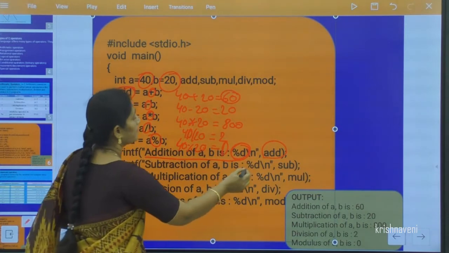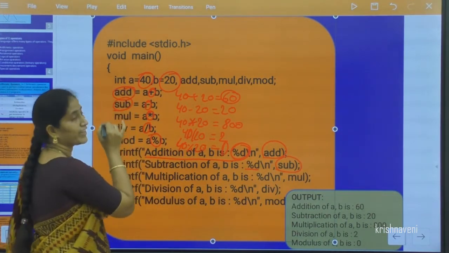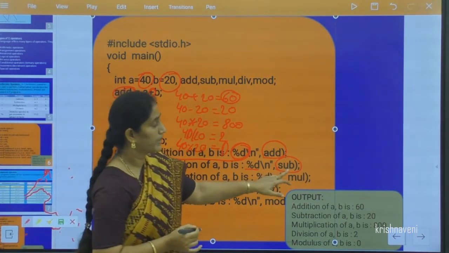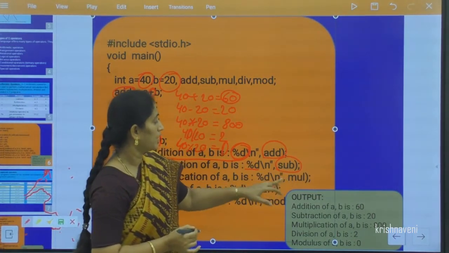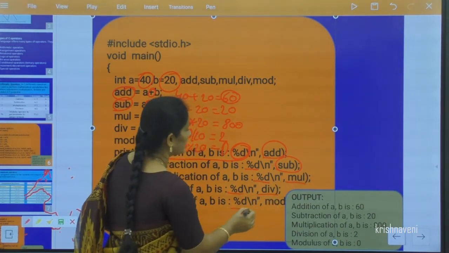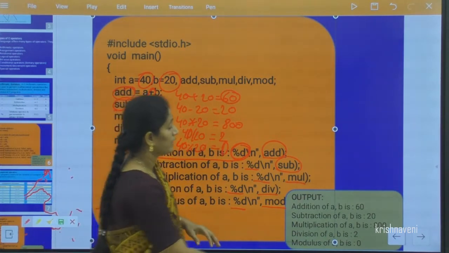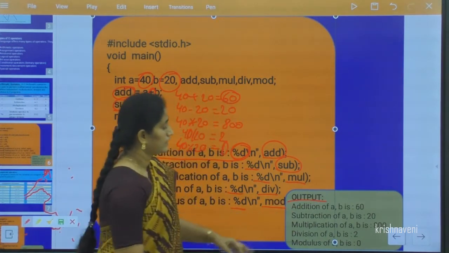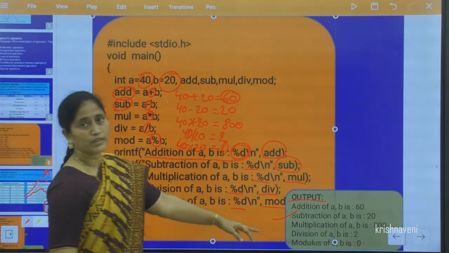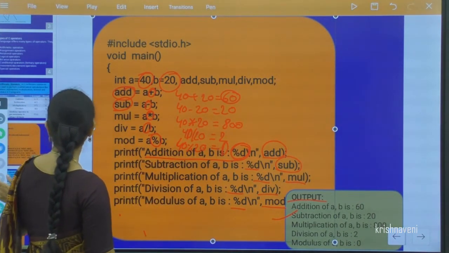Similarly the subtraction value will be stored in the sub variable, so I am printing the sub variable, and similarly multiplication, division and modulus. When you compile and run this program, the output will come like this.